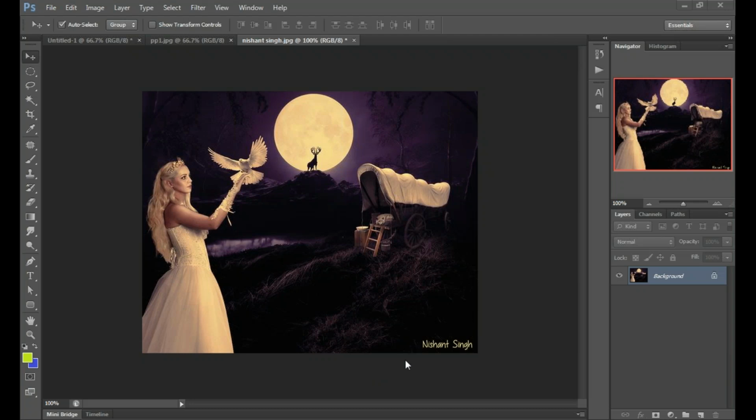Okay, actually when we shoot any image from our camera, it makes a size of more than 6,000 pixels or 8,000 pixels in width.